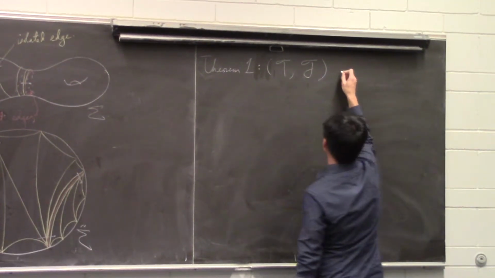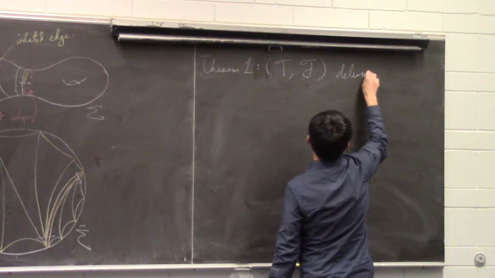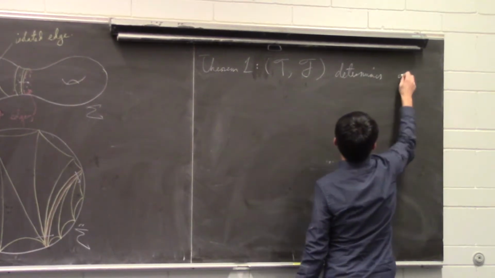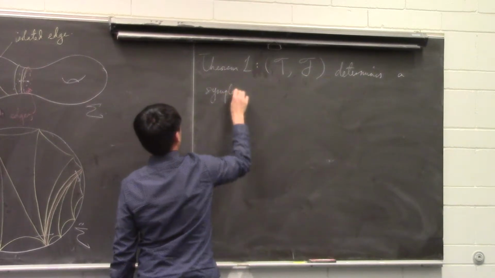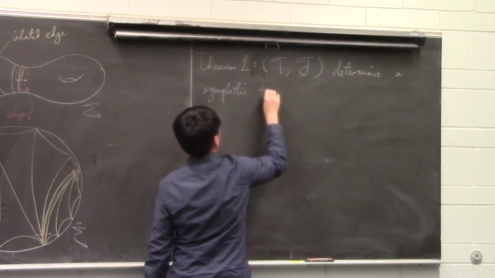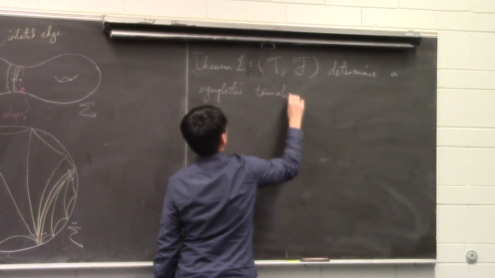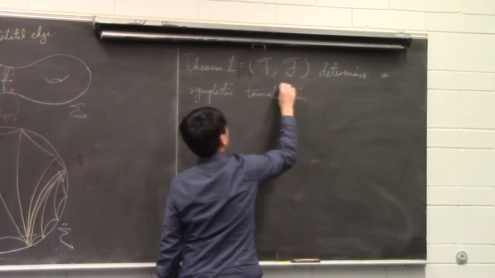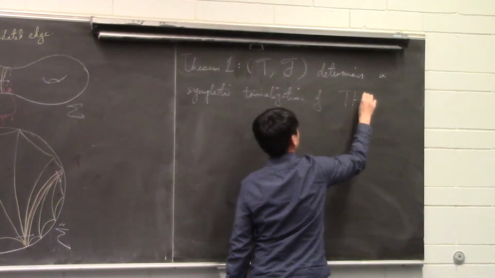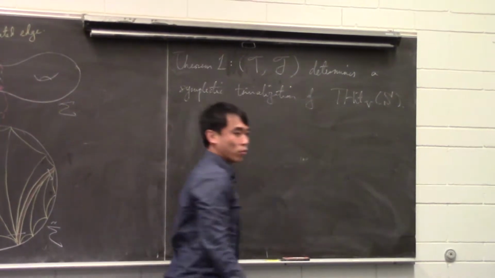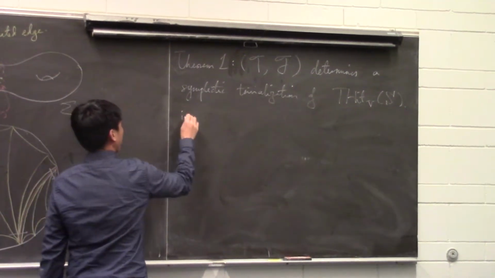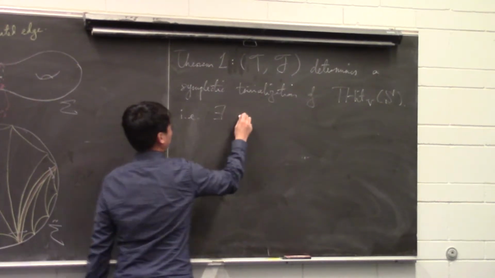Then this determines a symplectic trivialization of the tangent bundle to the Hitchin component. In other words, there exists a symplectic vector space